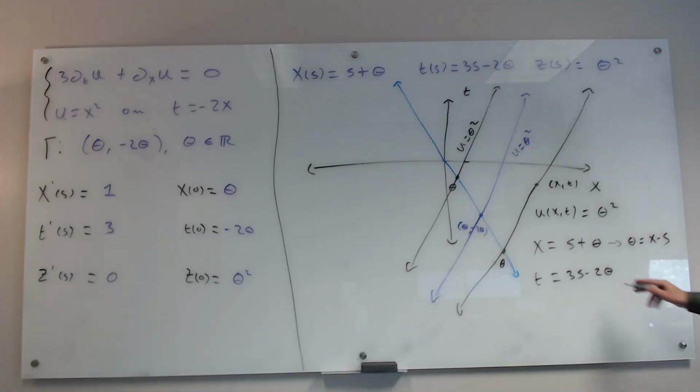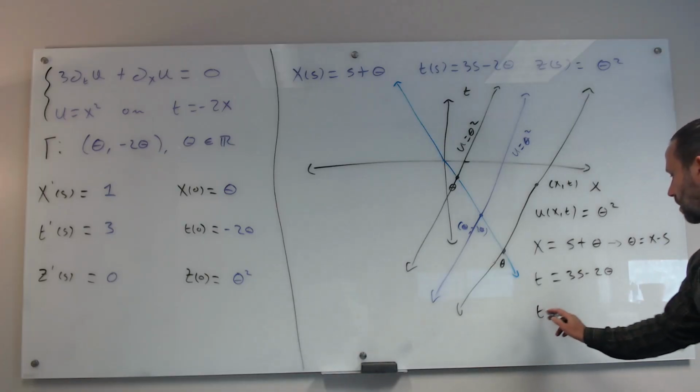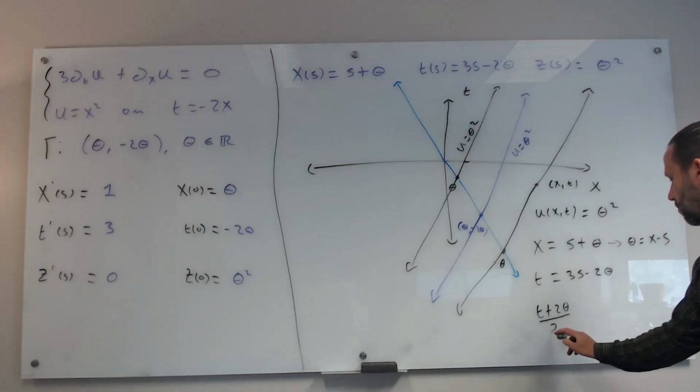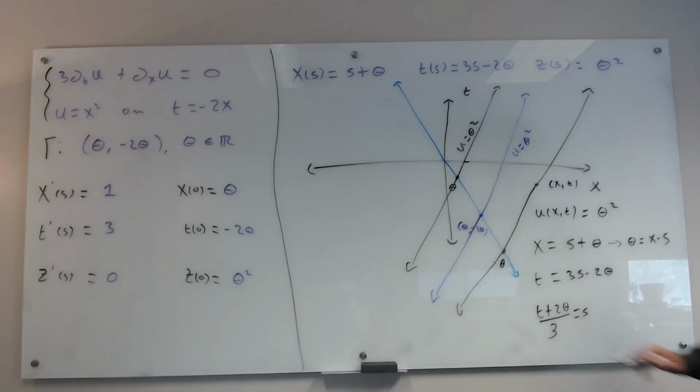And then if we come down here and solve for s, we get that s is equal to (t plus 2 theta) over 3. And so now if you plug in this value for s up here, you get theta is equal to x minus